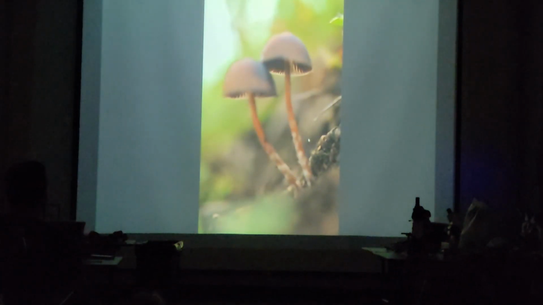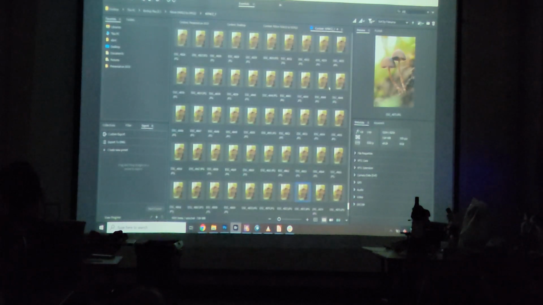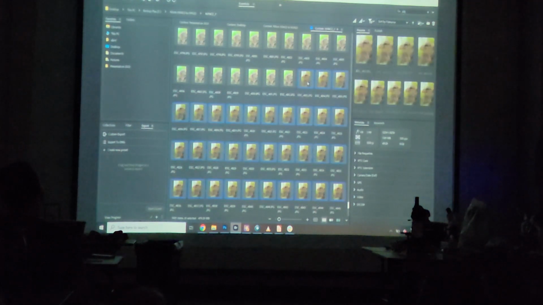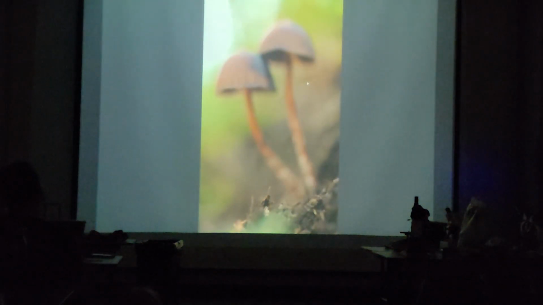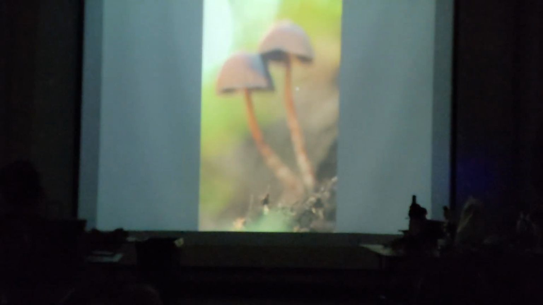And then I load them into Adobe Bridge to look at them. And this will be the last photo in the stack. So if you look, you can see the very back of the mushrooms in focus, but the aperture is wide open, so the depth of field is super narrow. So what I have is a whole lot of slices of the final photo. So that will be the final slice, and then the beginning slice just has the front of the mushroom in focus, and that will be this one here. It's just like the front of the, not even the mushroom, but I like to have the dirt in front